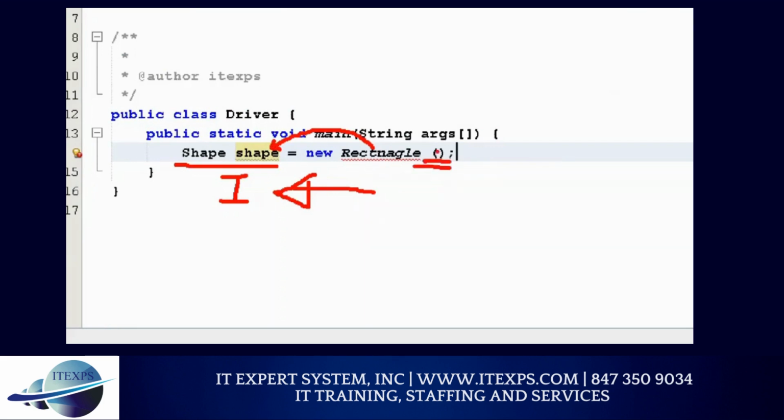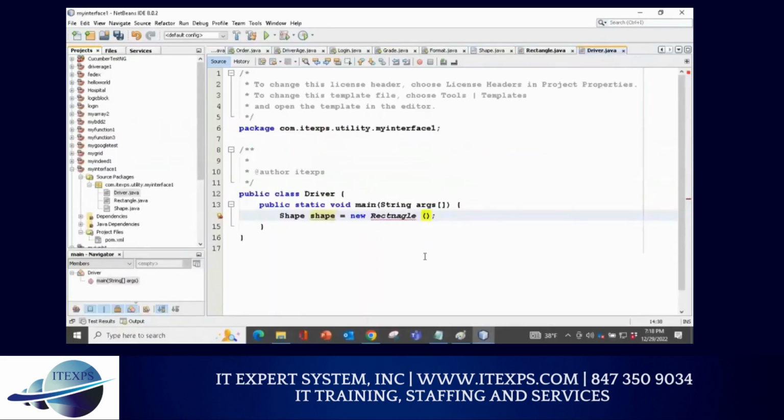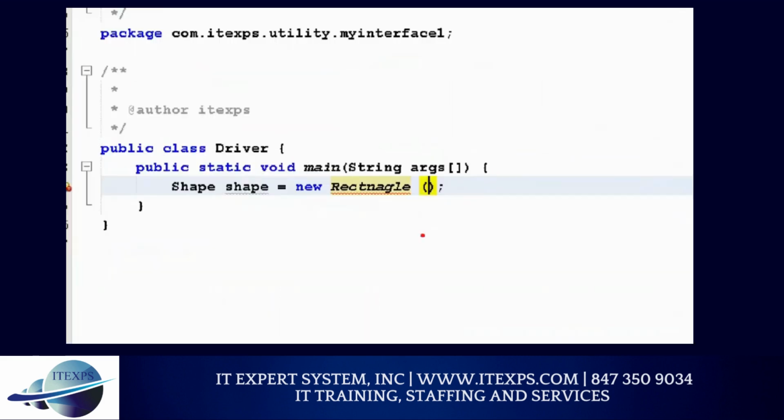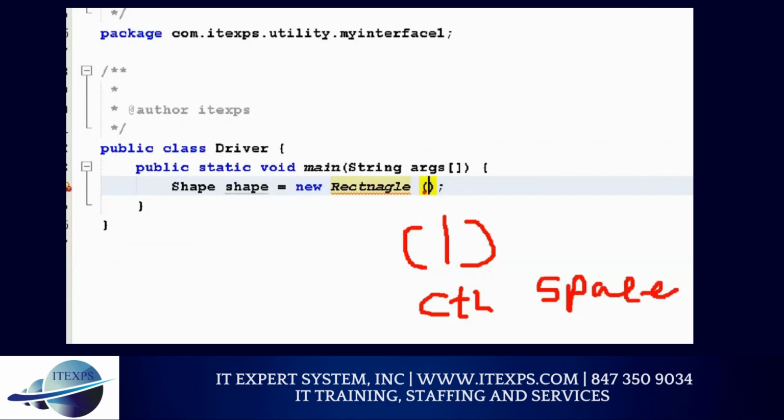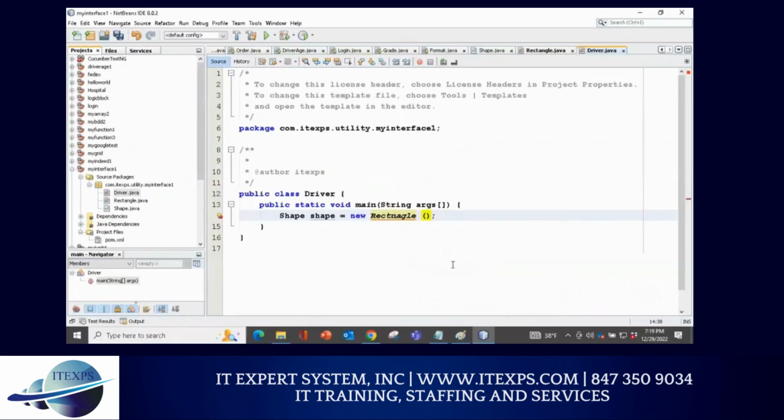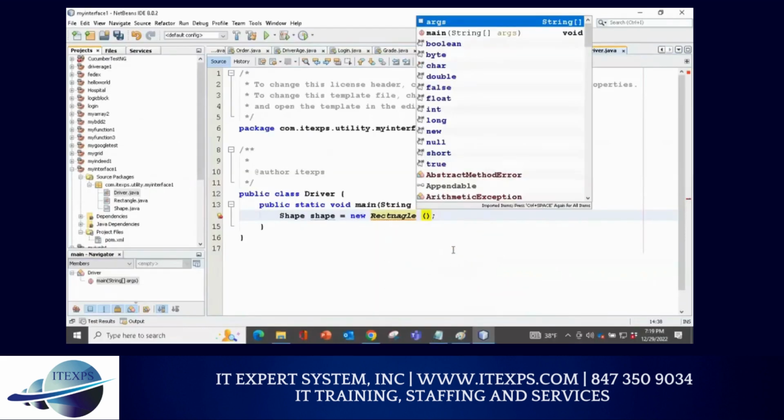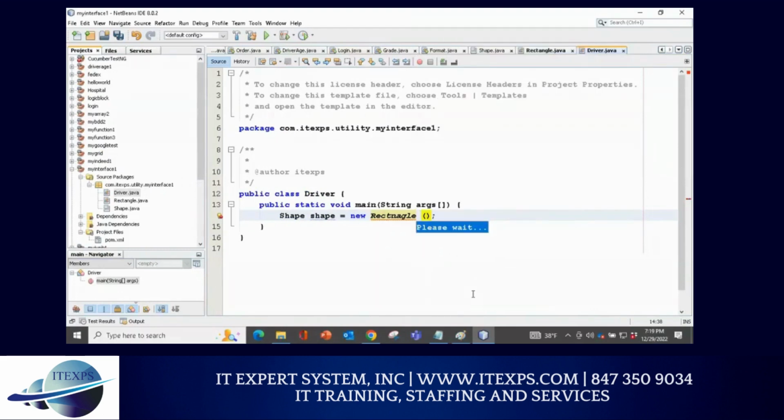So go inside and put your cursor inside the parenthesis. Wherever parenthesis is there, put your cursor here and do control space. If you do control space, it gives you a hint. Because it's a custom constructor, it will give you a hint that you need a length and width. So you can do control space, and it's going to give me a hint. If you notice carefully,